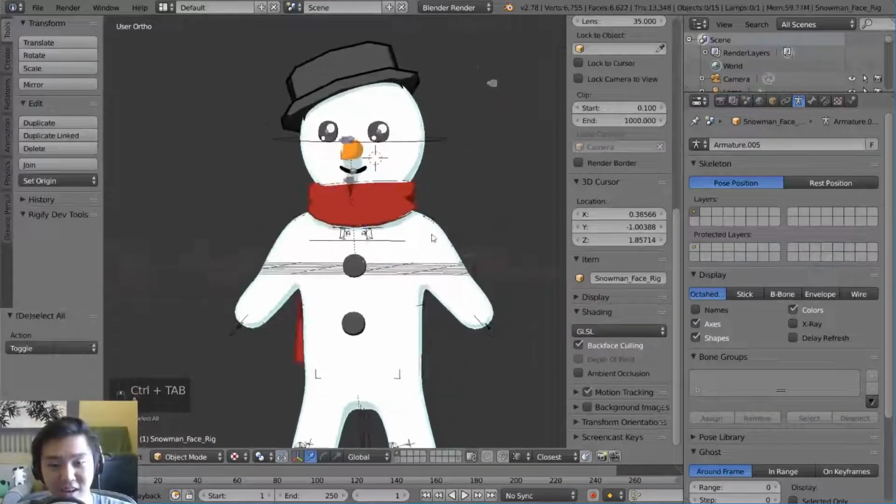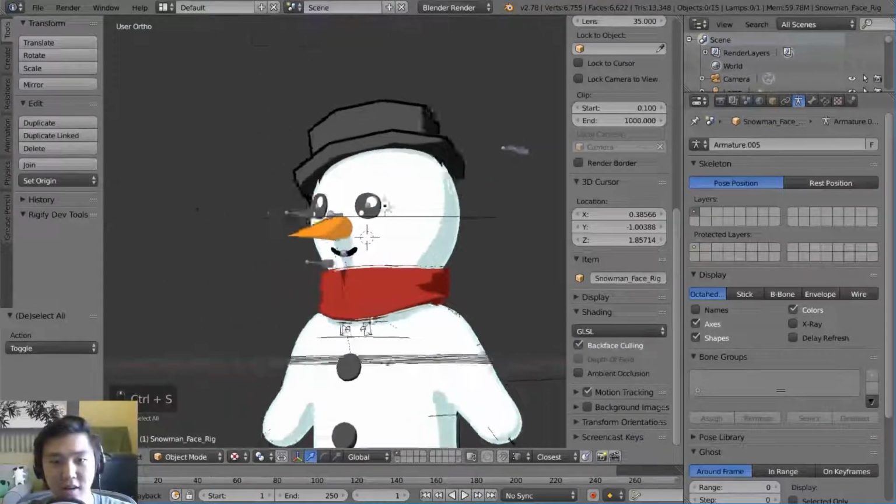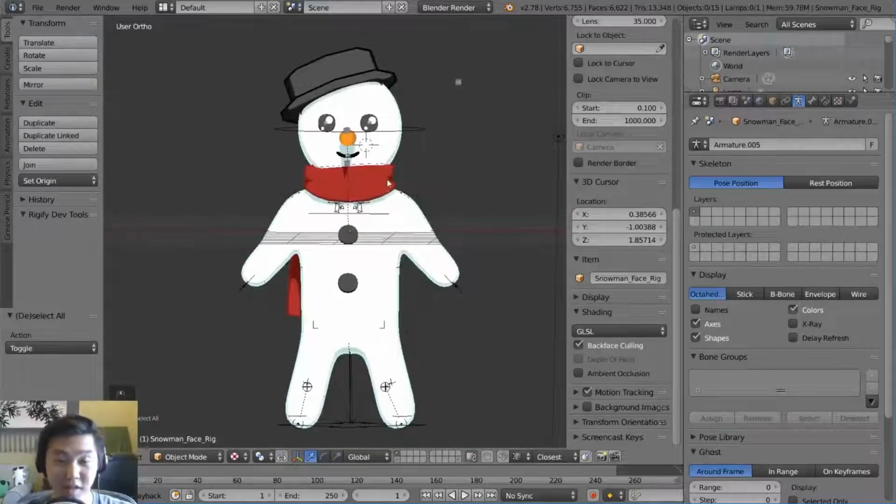So now he's a little bit cuter. He has some life in his eyes, and he has an outline. He has different colored outlines, so that is amazing. So the next step is to get into rendering. That will be the next portion, and we're going to talk about the post-processing solutions we have for the scarf and for the nose, and potentially for the hat as well, for certain parts that we might need to have no clipping versions of the backface culling. So yeah, that's it for this video, and I'll see you guys in the next one.